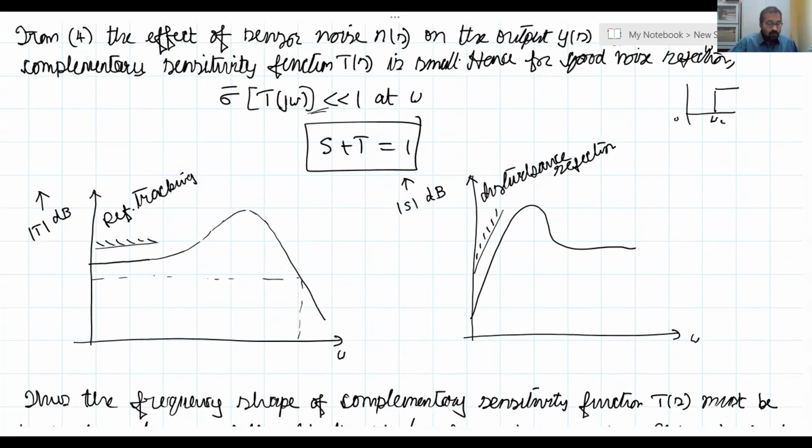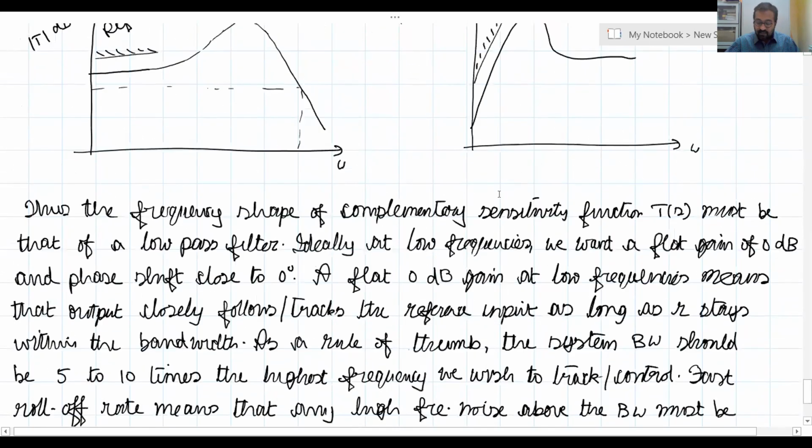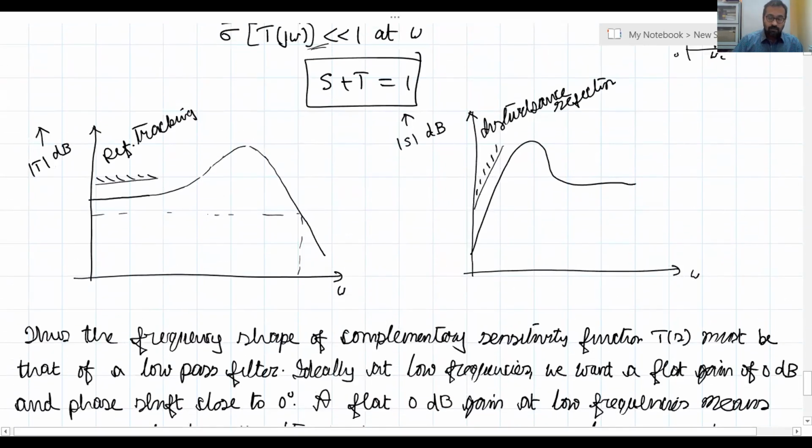Now coming to the sensitivity function. Initially there should be a slope, and then onwards it should be complementary to the complementary sensitivity function T of S. What can we say about this characteristic? Attenuation at low frequency range means what? Disturbance will be rejected, because disturbance is low frequency unwanted signals, and they occur in the low frequency region. So long as the slope is steep, the disturbance will get rejected. For good disturbance rejection, you must have a slope as steep as possible in the initial region, and then a horizontal curve like this.